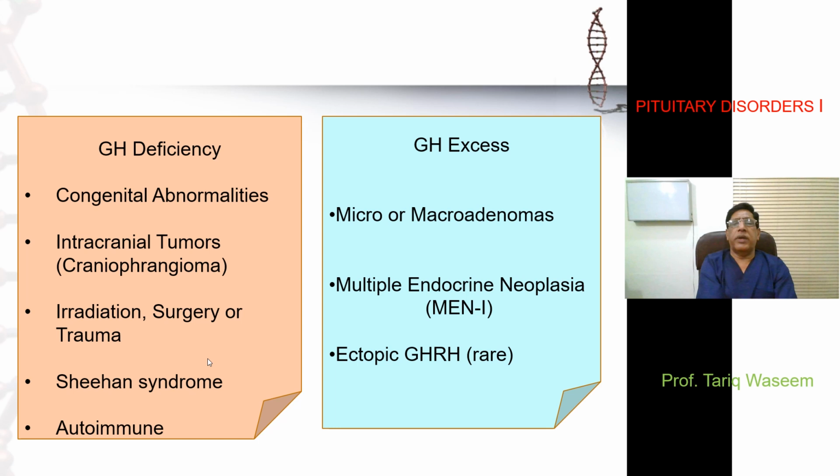On the other hand, growth hormone excess is as a result of either micro or macro adenomas. Microadenomas, we call the tumor less than 1 centimeter in size, and if it is more than 1 centimeter, this is called a macroadenoma. And we did discuss just a short while ago that multiple endocrine neoplasia, this growth hormone excess, can be part of a pituitary tumor, which is in fact a component of endocrine neoplasias elsewhere in other organs like pancreas, pituitary, parathyroid, or many others.